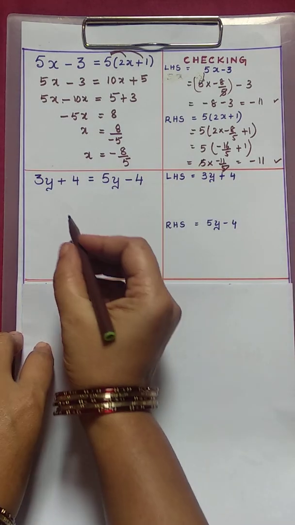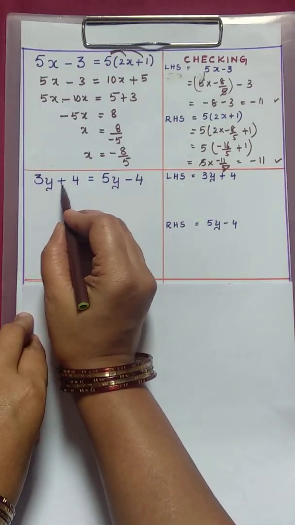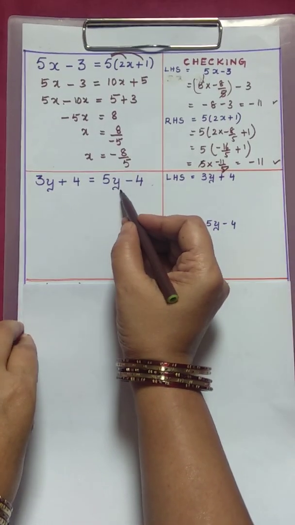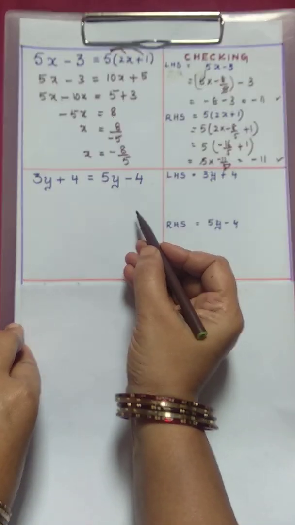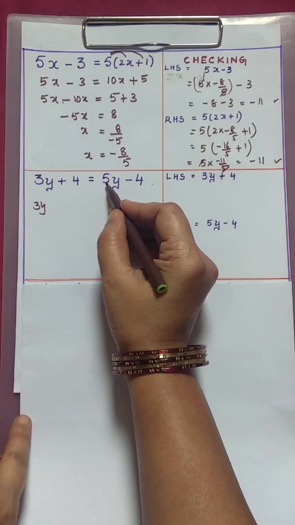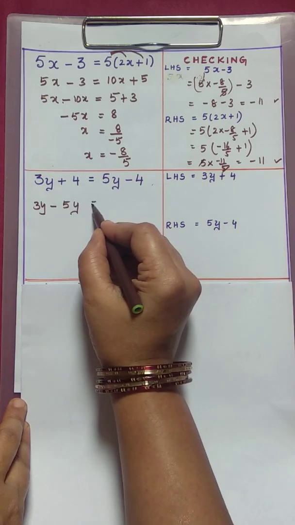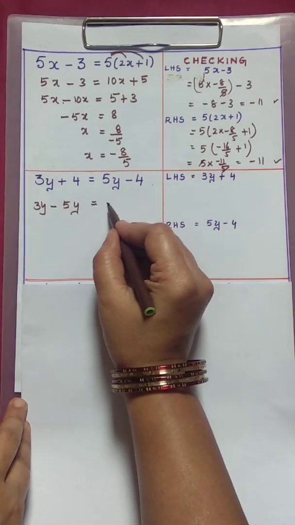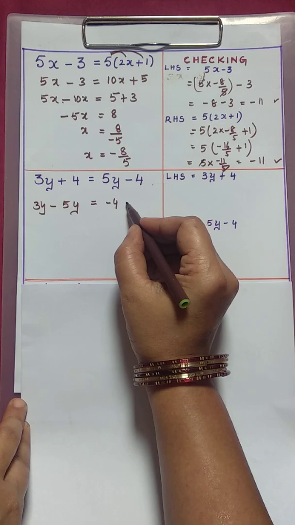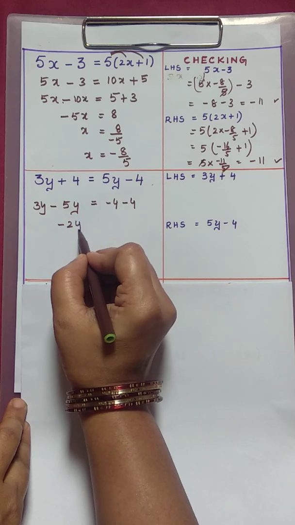So same model where variable on both sides, let us solve one more sum. 3y plus 4 is equal to 5y minus 4. Now let us transpose right side 5y to left side and constants to right side. Now write 3y as it is. Now this is plus 5y. When we transpose to left side, it becomes minus 5y, which is equal to, right side we have minus 4. Write as it is. This left side plus 4, when we transpose to the right side, it becomes minus 4. Now 3y minus 5y, which is minus 2y.